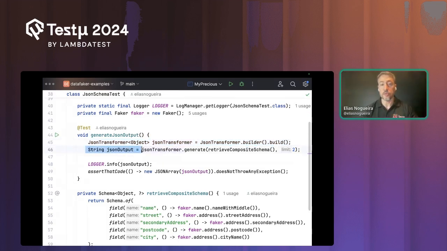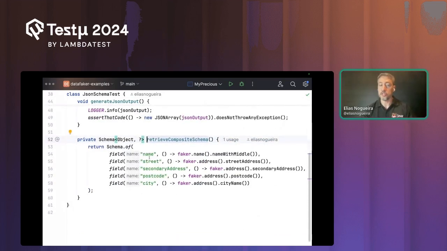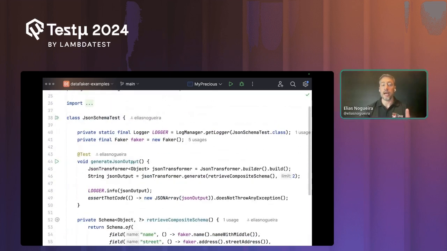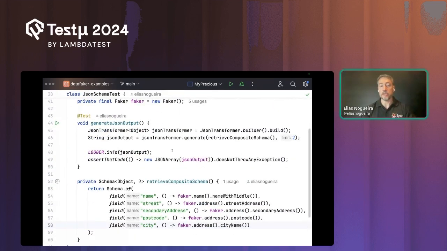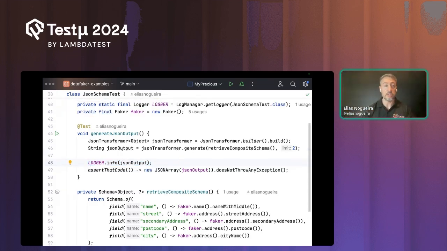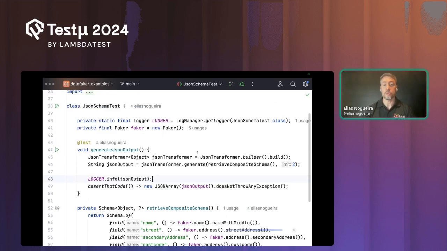And for that transformation, I'm generating two objects based on this retrieve composite schema. And this one is basically what I'm generating here: name, street, secondary address, postcode, and city. I'm generating this in an output, not in a file. I will show a file in a different one. But when I run this in the output,